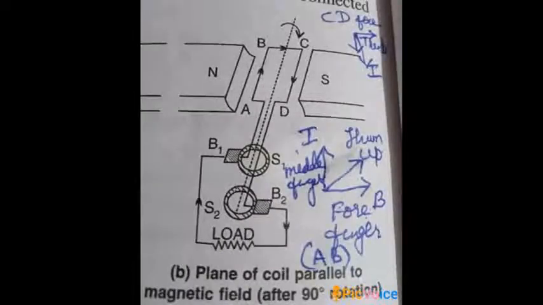Now let us see, when the coil is in the vertical position, we saw the initial position. Now let us rotate it by 90 degrees. So when we rotate it by 90 degrees, now it becomes parallel to the field like this. Okay. Now what happened? Because it moved, the magnetic flux changed. So now EMF is going to be introduced in this and a current is going to be induced.